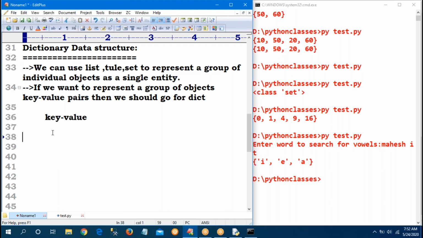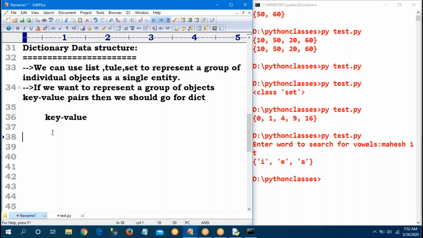That is the reason keys do not allow duplicates. Values may be duplicates. Heterogeneous objects are allowed for both keys and values. Insertion order is not preserved. Dictionaries are mutable. Dictionaries are dynamic. Indexing and slicing concepts are not applicable in the case of a dictionary.